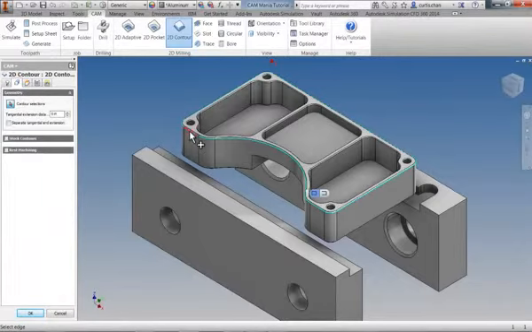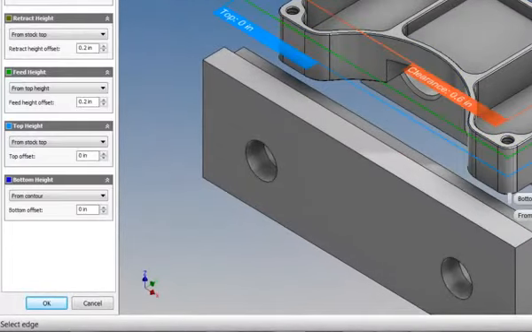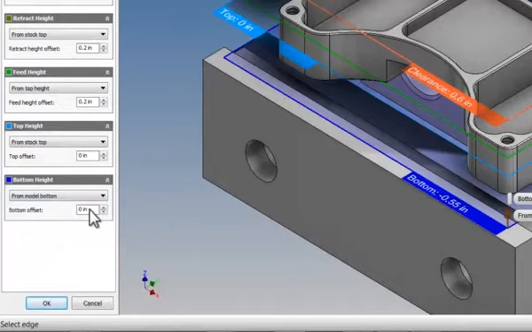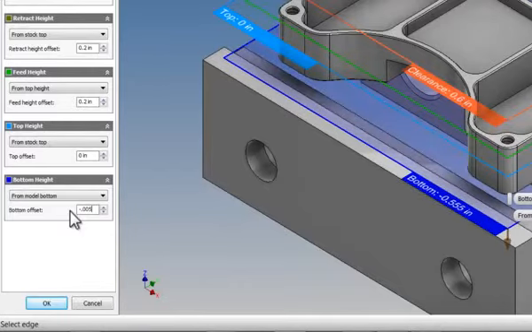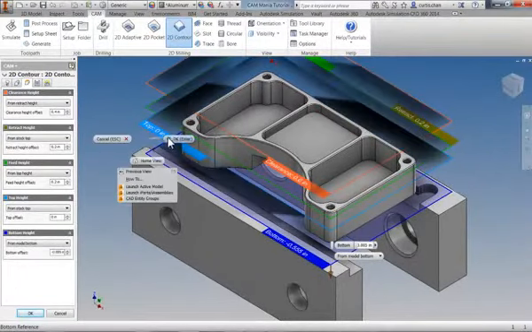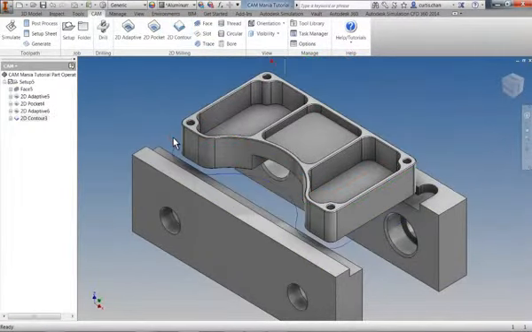Make sure the arrow is on the outside of the contour, indicating we're machining around the outside of that chain, and move on to the Heights tab where we can define the bottom from the model bottom. For this finishing pass, we're going to machine beyond the bottom of the part by 5 thousandths of an inch. So enter an offset value of -0.005. Click OK and the finishing operation is